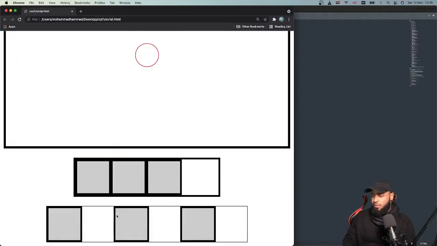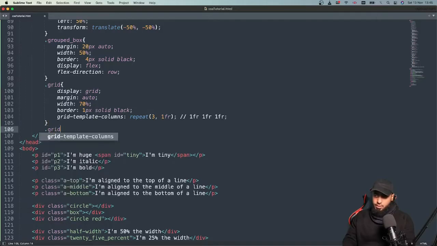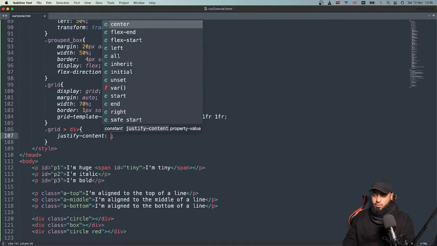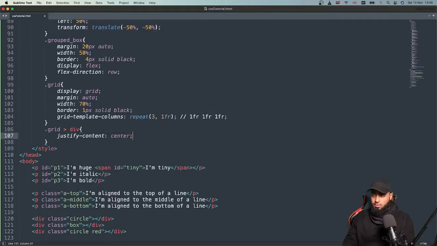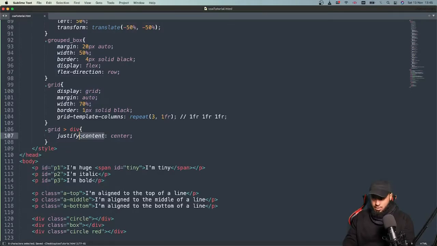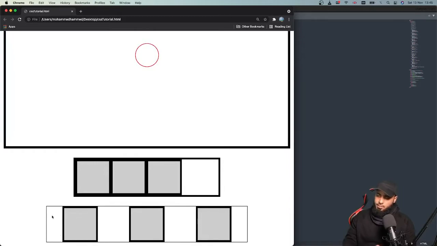We could do with centering these boxes within this rectangle. So we'll do a dot grid, and the child of the grid, which is div, we want to justify the content to center. I think it's justify self, not content. So we justify self to center. There we go. So it basically centers